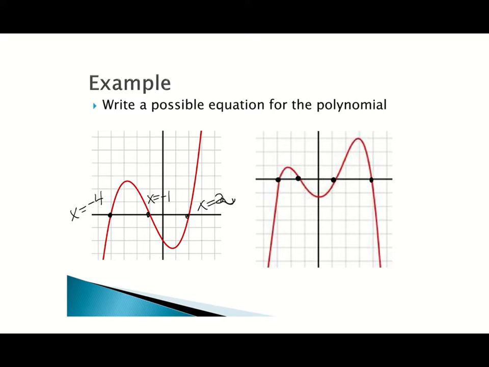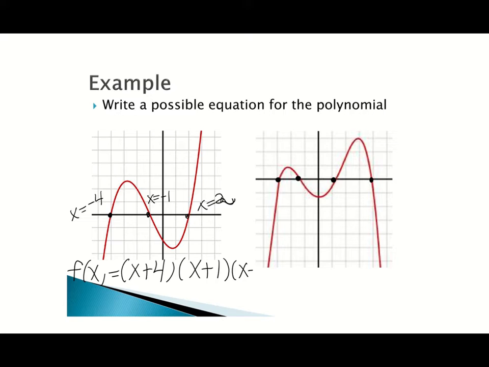So now that I have identified my zeros, I can go ahead and write my function just like I did on the previous examples. So I would have f of x equals, it is a cubic of degree 3, so that tells me that I need to have 3 factors, which I identified. So I should have f of x equals x plus 4, x plus 1,